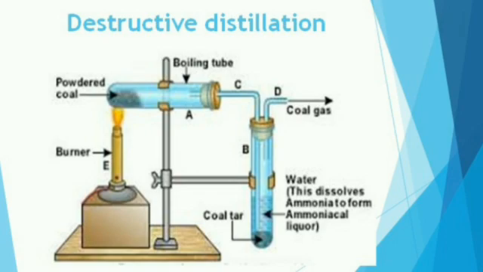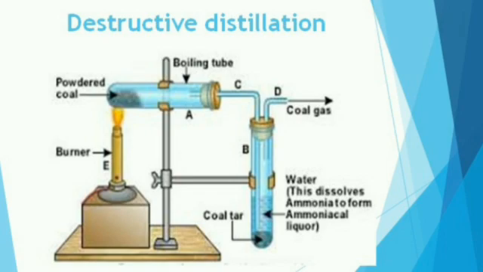Arrange the apparatus as shown in the figure. Heat the powdered coal with the help of a Bunsen burner. What do you observe? When you heat the powdered coal, you observe the formation of dark brownish grey vapor. Some of the carbon present in this vapor is solidified near the mouth of the boiling tube and is known as gas carbon. This vapor escapes into the conical flask or boiling tube.